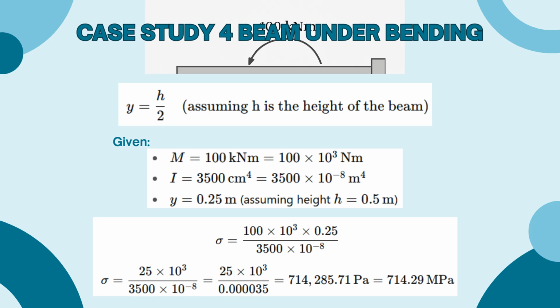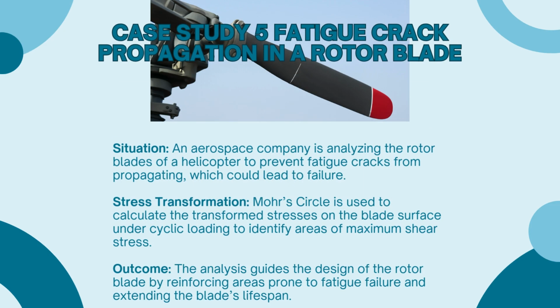We are given the following values. M equals 100 kN equals 100 times 10 cubed Nm, the bending moment. I equals 3,500 centimeters to the power of 4 equals 3,500 times 10 to the power of 8 m to the power of 4, the moment of inertia. y equals 0.25 meters, the distance from the neutral axis, assuming the height of the beam is 0.5 meters. Now, applying the formula for bending stress. This bending stress calculation helps us ensure that the beam's material and dimensions are adequate to resist the applied load